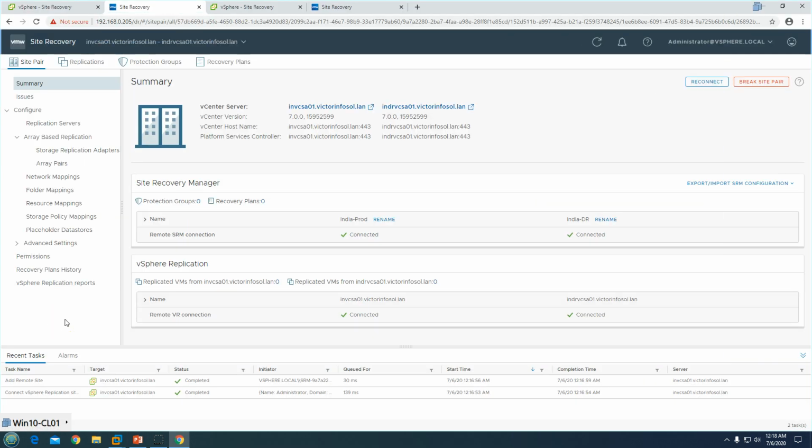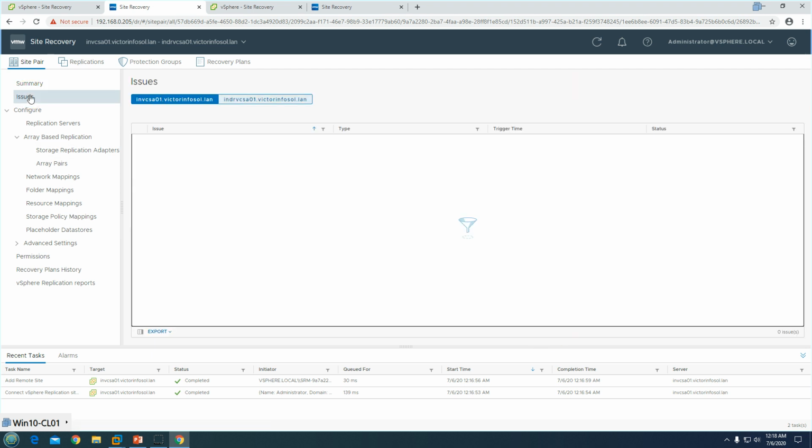At the top you will see the Site Recovery Manager status, and you can see the SRM is connected, and here also on DR both are connected, and the replication status also, you can see both are connected. So this is good. We need to make sure everything looks good and we don't have any issue on the dashboard, on the summary page, which indicates that everything you have configured in SRM is good, and you make sure everything looks connected.